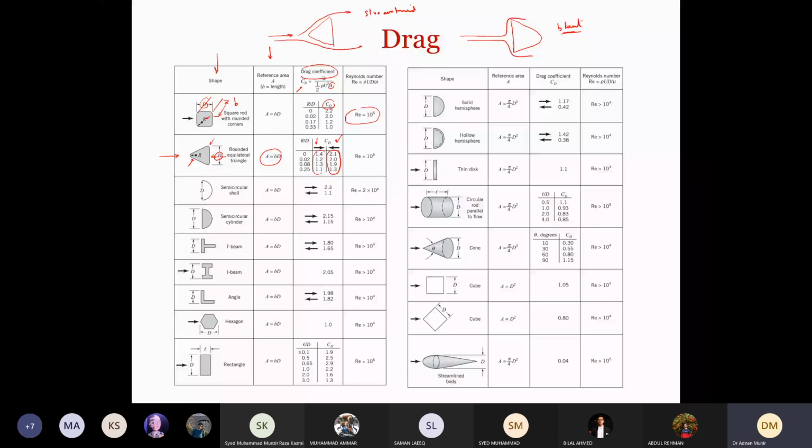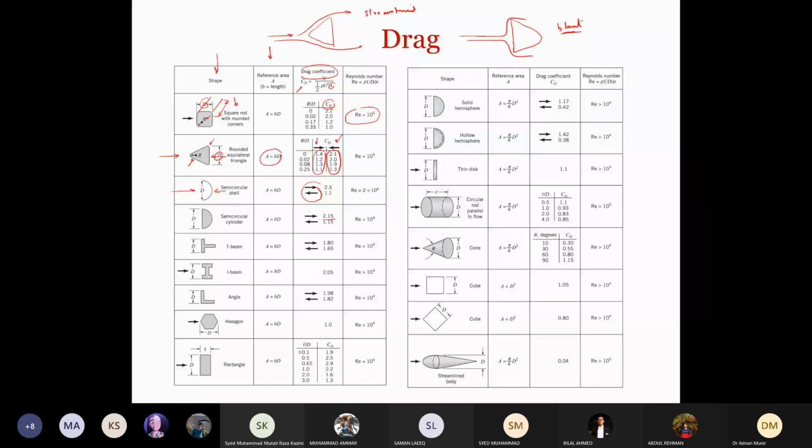This is the case. Similarly, wherever these arrows are shown, it indicates the direction of flow. This arrow means this direction, and the other arrow means the flow is going in the opposite direction, right? And similarly, we will see everywhere that when you have a blunt body, the drag force is greater as compared to a streamlined body, right? So these are all the typical values that we have.